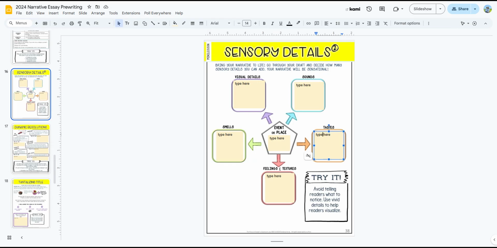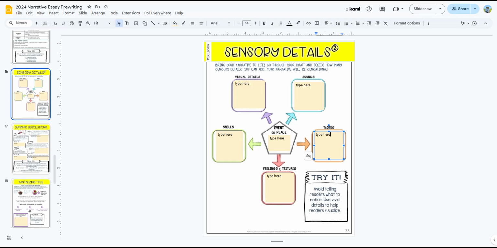So instead of saying, I saw Mrs. Mendoza standing up at the front of the class, maybe you would help them visualize it by saying something like, class, it's time to get started, Mrs. Mendoza said from the front of the room. So that's a way of, instead of saying, Mrs. Mendoza stood at the front of the class and said this, it's what you would actually see and hear